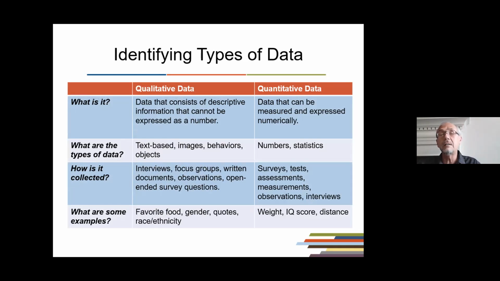You may look at written documents, even meeting minutes, open-ended survey questions. Well, an open-ended question: what did you think about this program? What are some examples? Well, favorite food, gender, quotes, race, ethnicity, all qualitative data. Quantitative data are those numbers that some of you, again, have some issues with, but these are measures that can be quantified and put into some sort of numerical